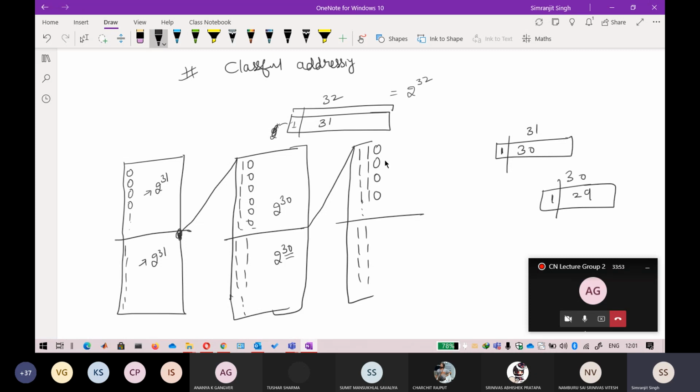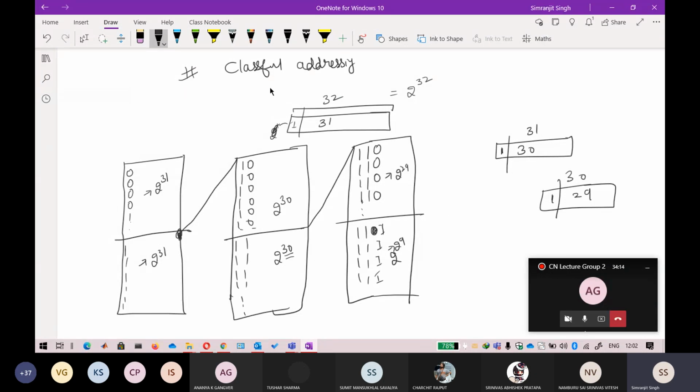First part will contain, at the third bit, 0 0, and here it will contain 1 1. Okay, so understand this point. Now again, what is the size of it? The size of it will be 2 raised to power 29, and the size of it will be 2 raised to power 29. Okay, so now this is, I think, my last one.